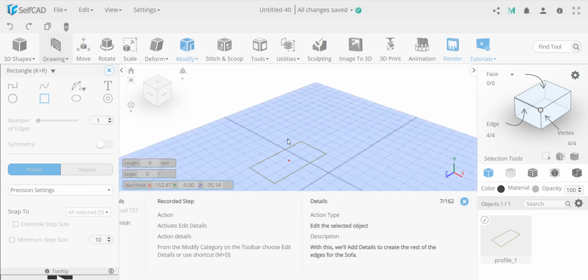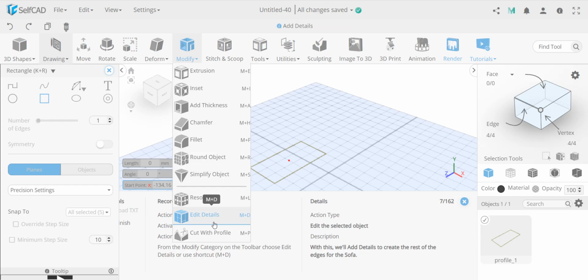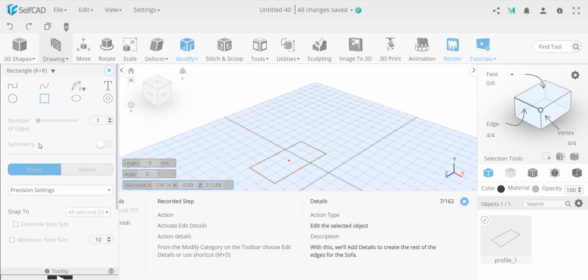A quick note on the edit details. Edit details is like, you can manually go and sketch. There's a lot of different ways you can do almost every object, and not just in SelfCAD and any 3D CAD software. You have different tools and different styles, and some objects are just a matter of choice, and some objects are better one way or another. But in SelfCAD, that's something unique to have edit details, which in some cases can be used